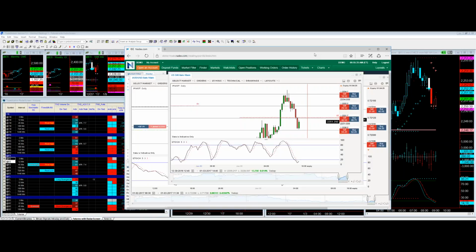Now, I'm not going to enter it now because I'm late to the game, okay? But you want it to go up here to 2254. That gives you, if you were actually long here at 2251.7, if it goes up to 2254, it usually gives you a nice profit. Okay. I'm late to the game, so I'm not entering this one.